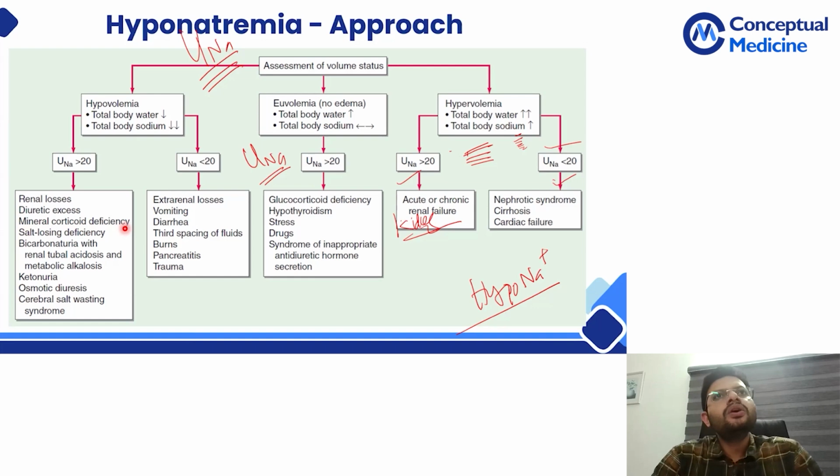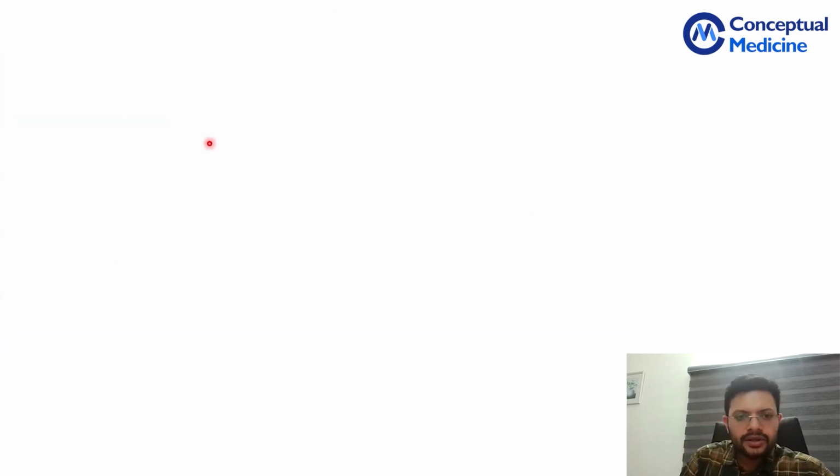One important thing that I want to tell you here is mineralocorticoid deficiency. One common scenario we see in India, especially where tuberculosis, although declining, is still very much present in clinical practice. You can have a secondary adrenal insufficiency. This point is particularly highlighted in your Harrison also, where you can have a constellation of features,